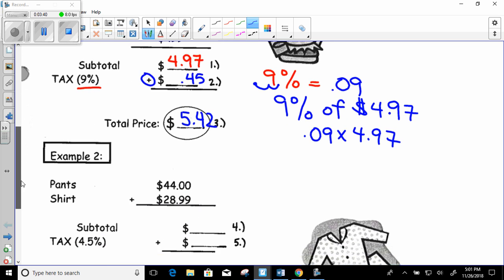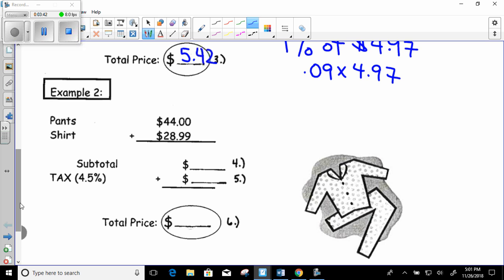Okay. Next example, example 2. So if you go to the store, you want to buy a pair of pants and you want to buy a shirt. All we're going to do, we're going to add those two items together to get a subtotal, which is $72.99. That is our subtotal. But now we have to add the tax. But before we add the tax is now 4.5%. So we have to change that to a decimal first. And as you know, we're going to move the decimal 2 to the left, which is